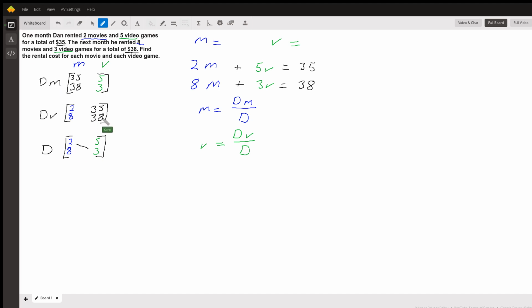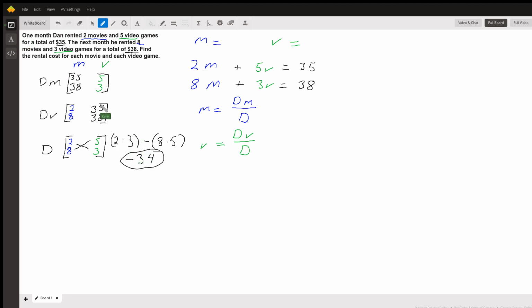Now all we do is multiply 2 and 3, so 2 times 3, and then multiply 8 and 5 and take that away from it. So 2 times 3 minus 8 times 5. We get an answer of negative